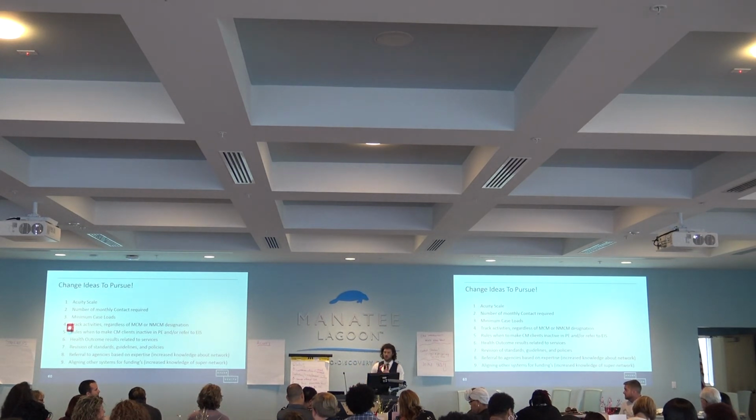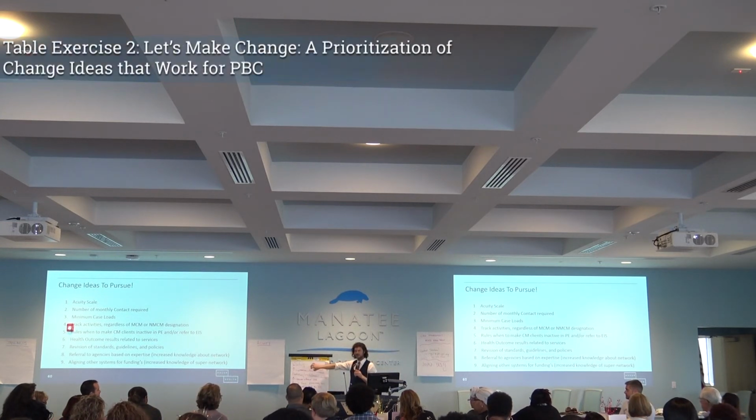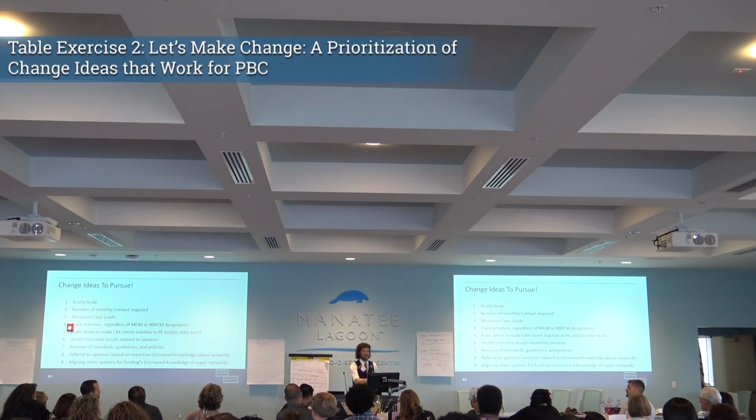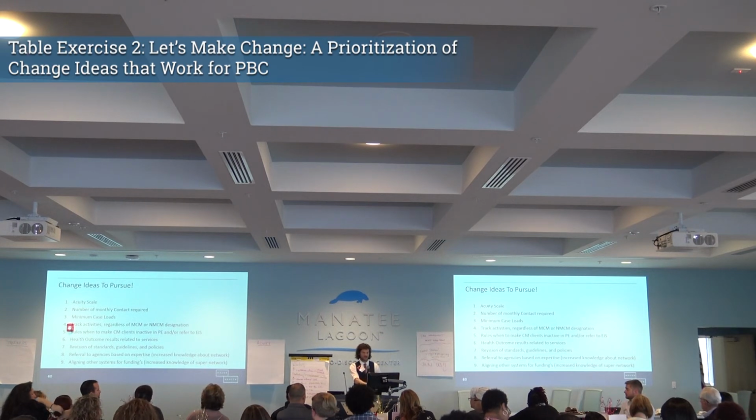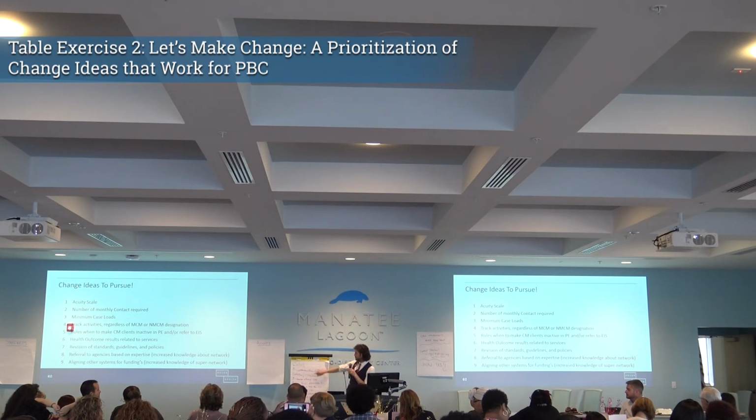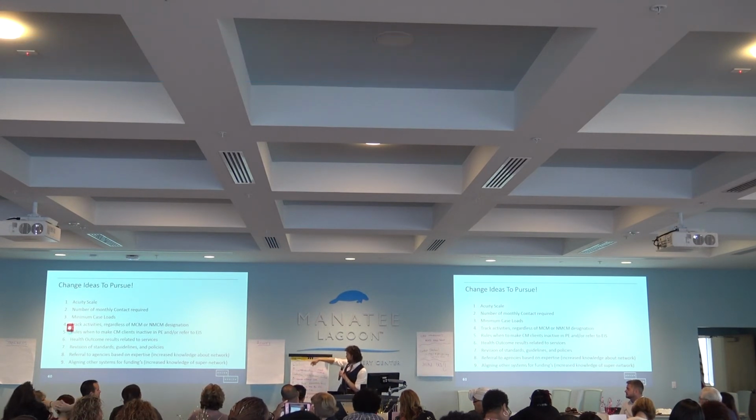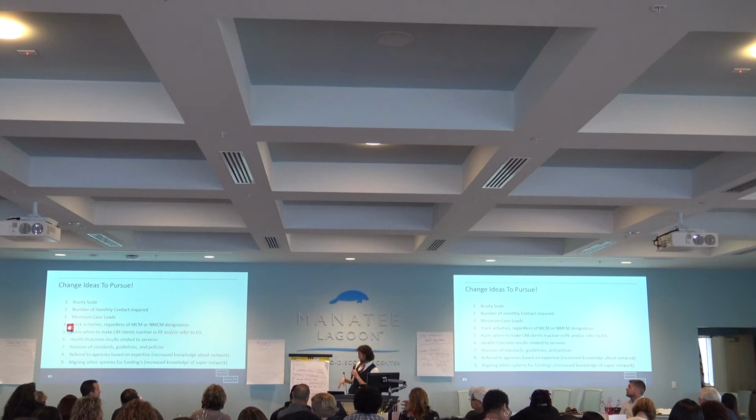So, normally what we do is we do a discovery and then we do a root cause analysis. So the little root cause analysis that we did, that was very informal, we came up with some change ideas. So I'm going to go ahead and read these change ideas that we came up with, but there are change ideas already. As I said before, we're in luck. The county and the state have already gone through this process through the work group, and they have some ideas to pursue, but we had mentioned briefly decreasing silos, increasing communication, improved definitions around standards of care, increased trauma-informed care,